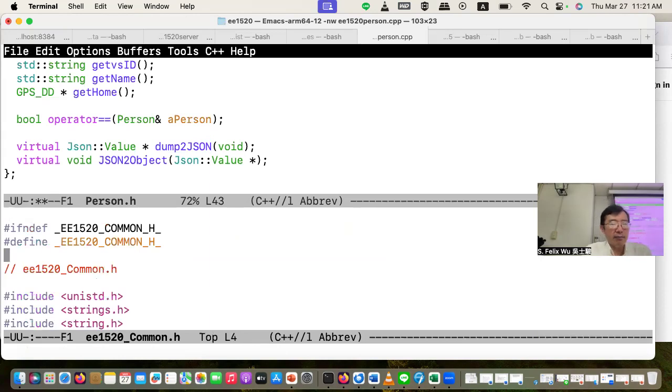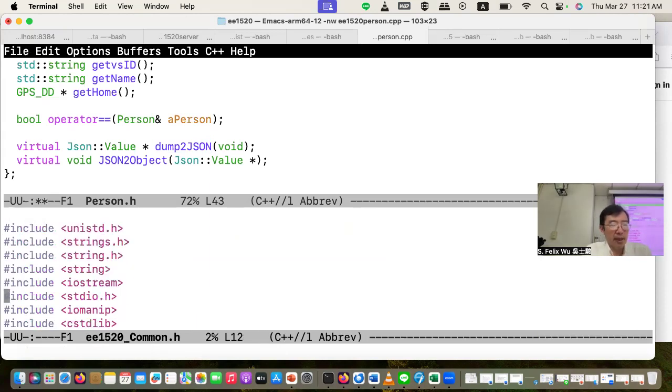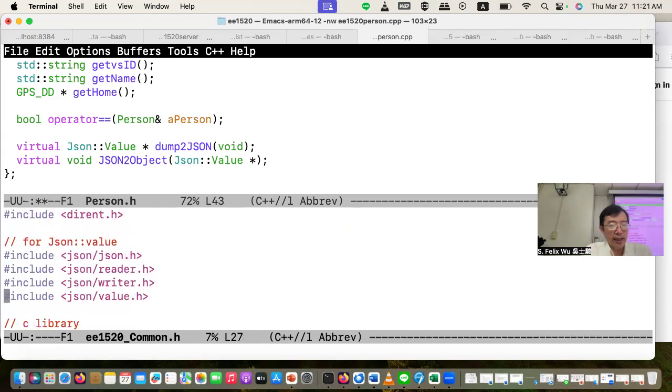Inside the EE1520 common.h, I already have this JSON value include file. So I have these four lines already included: JSON/JSON.h, JSON/reader.h, JSON/writer.h, and JSON/value.h. So I already have these four include files. Later, I will show you the spec of each of the files.